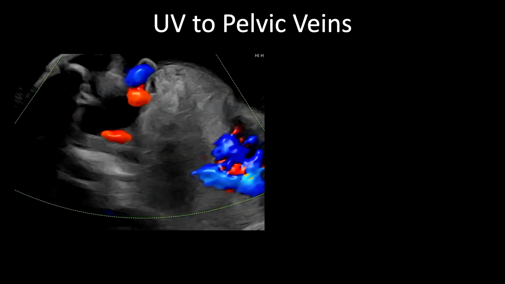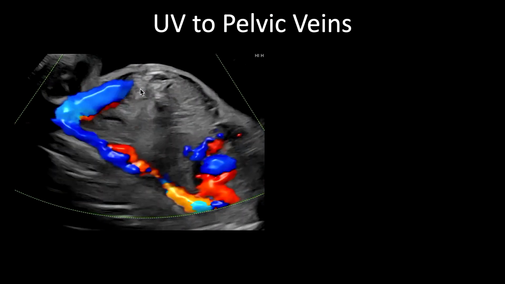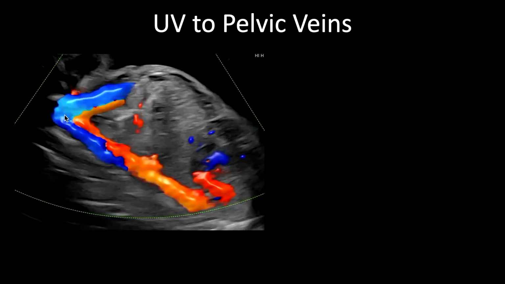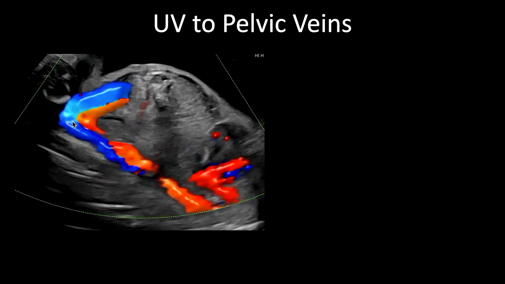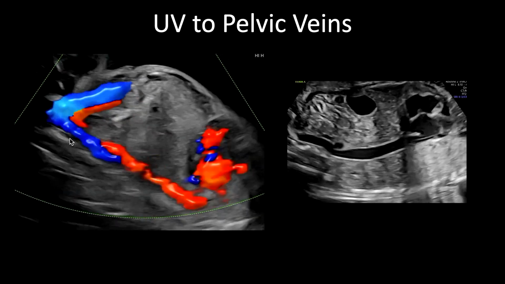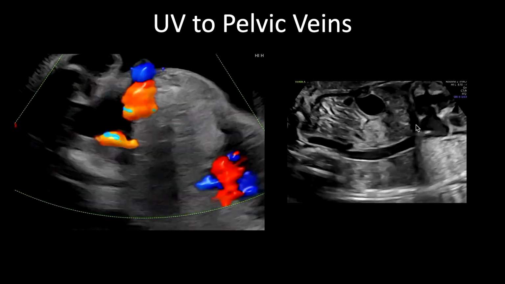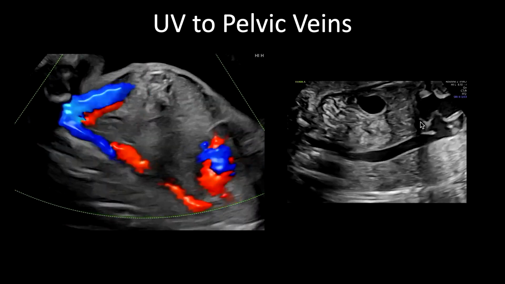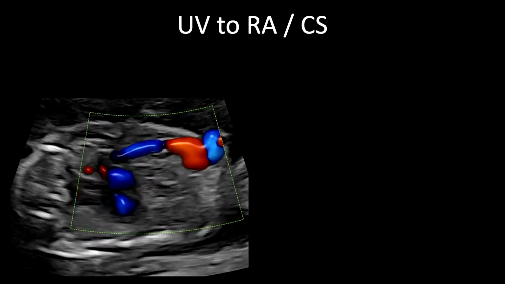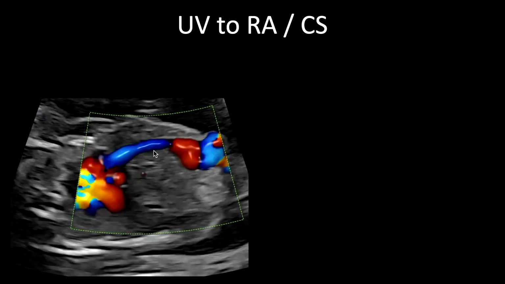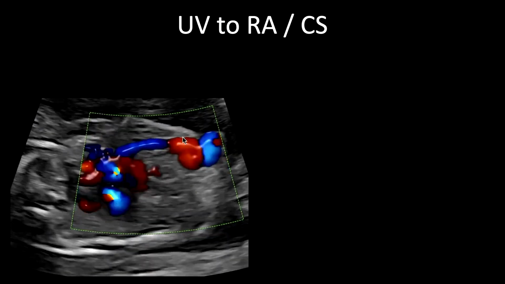Here's an example where the umbilical vein comes in and goes into the pelvis. And it is the iliac vessels. You could see the trajectory of this. And if you look at the IVC, it would certainly be massively dilated because you have all the extra blood going inferiorly. And here's another example where the umbilical vein is actually going straight into the heart,